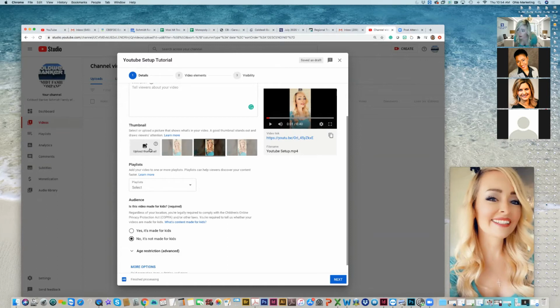Maybe it's actually one of your property photos. Do you have an amazing clawfoot tub that's insanely gorgeous in the property that you're doing a virtual tour on? Take that graphic, make that your thumbnail, or even put the address on it. A great visual option. Let's say it was a bathroom with a beautiful clawfoot tub, and it's the selling point. When you walk in there, you're like, I want to get in that tub and I want that house. Those photos should be on the front, and then yourself or your marketing team can put on their amazing virtual tour, wait till you see this. That way, that's what people see in your social media feed or in your YouTube channel.